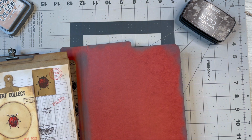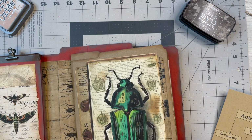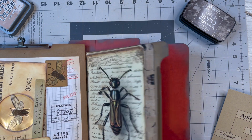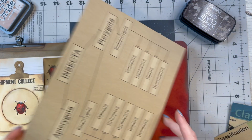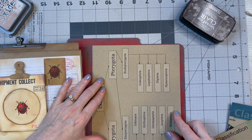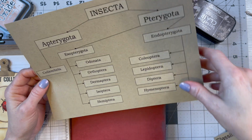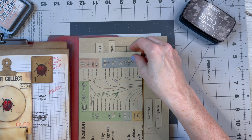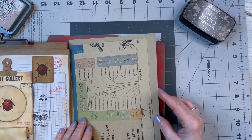And I hope I didn't use what I was going to use. Oh, here it is. I tell you, I have been a mess, an absolute mess. All right, so this is what we've done so far. I'm really liking this. Okay, then I printed this out. This will fit on here. It's just like insects and kind of classifying them. And that's what this is too. So I was thinking, I actually have 3 of them printed out. I might just,